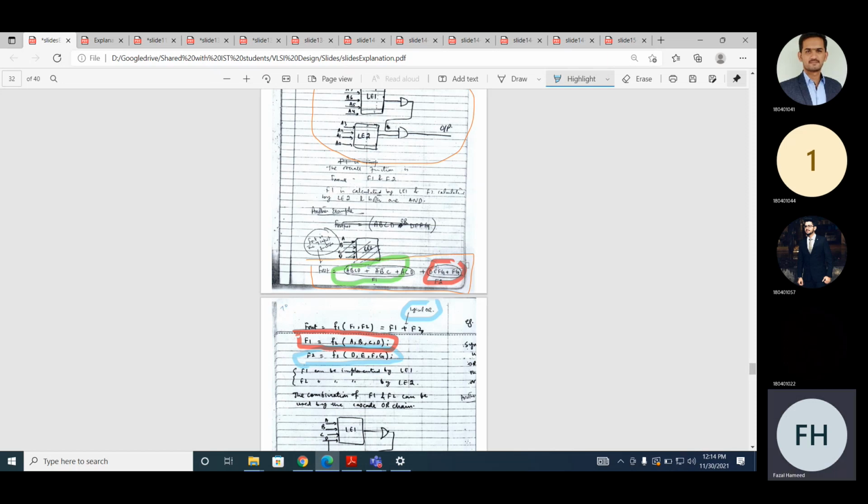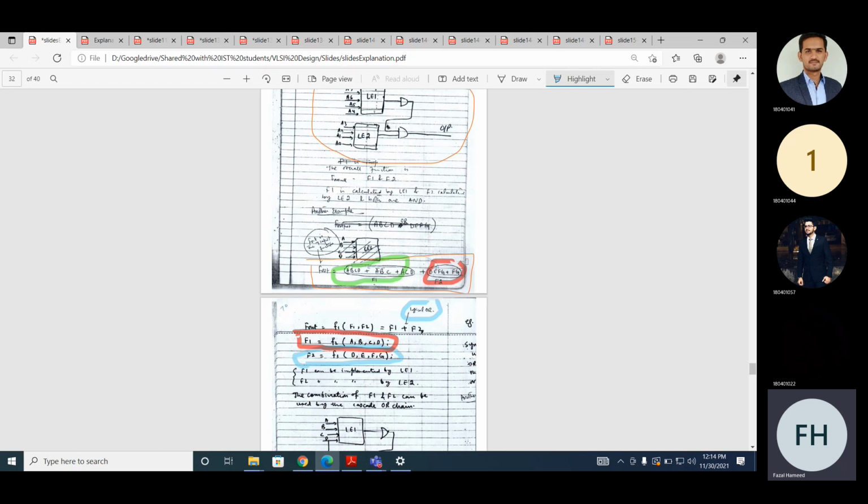It's also possible that you use one logic element to implement A, B, C, D, another logic element to implement A bar, B bar, C, but if you look at here, it can be combined. Because you can use the common one, the common term can be combined. And for that, you should partition your wider function into multiple smaller functions.